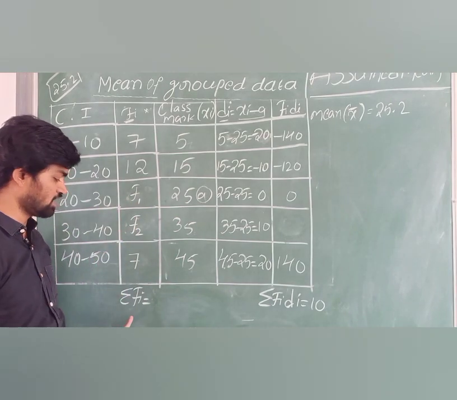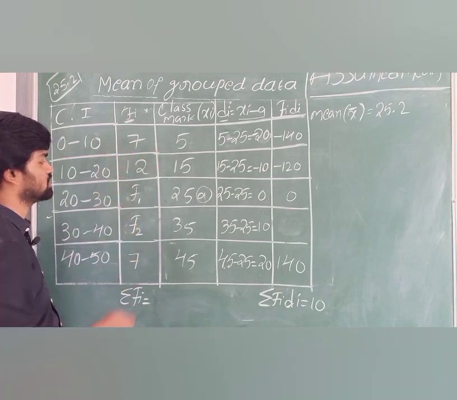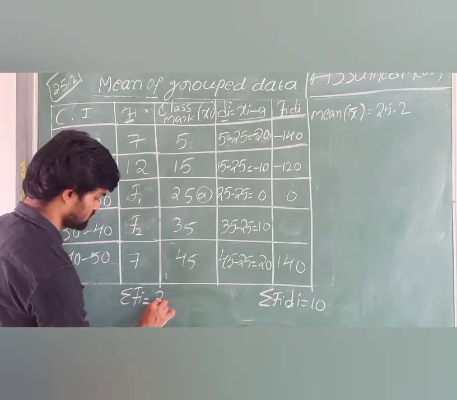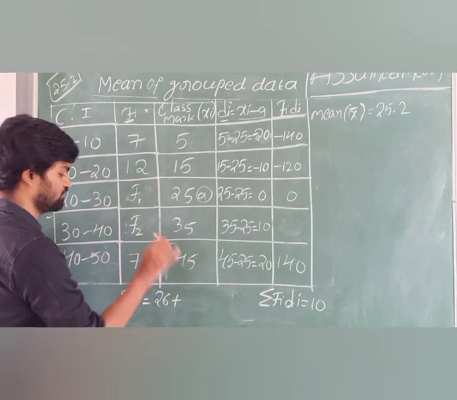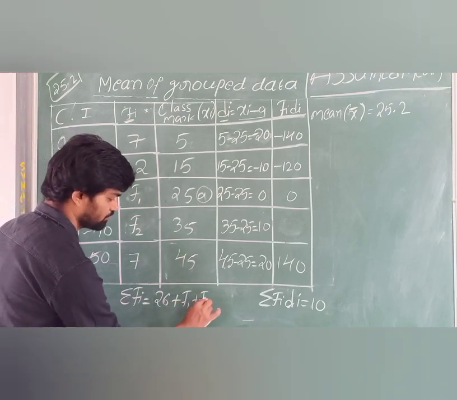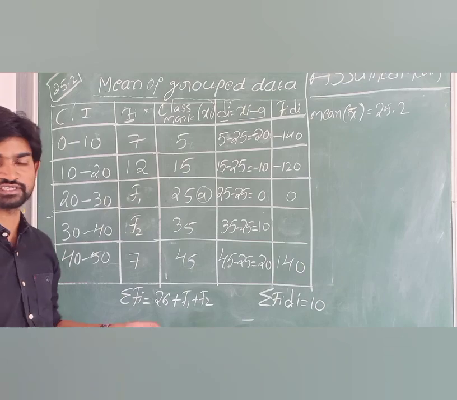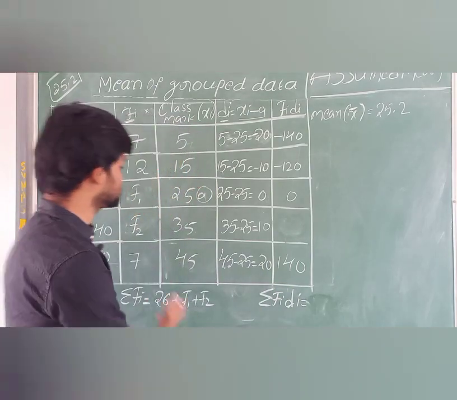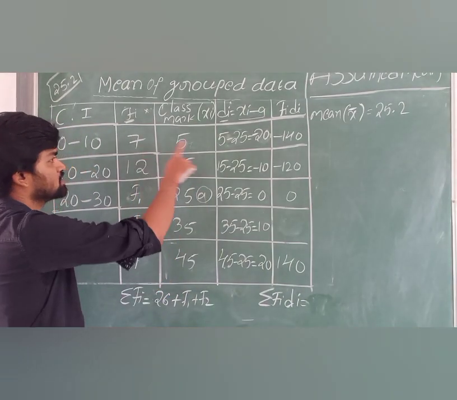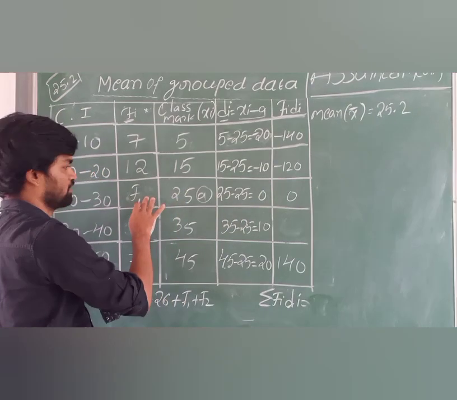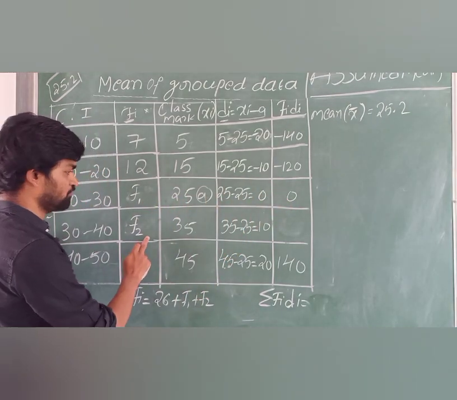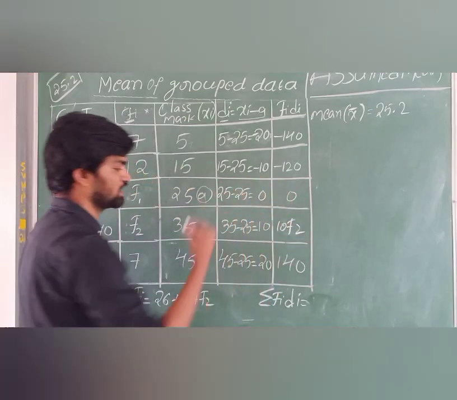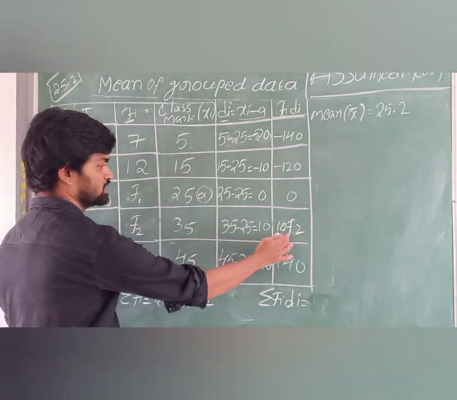Now, sigma fi value is how much? 11 plus 12 is 19. 19 plus 7 is 26. So 26, plus we have f1 and f2 also. So f1 plus f2. In place of f1 and f2 he may give x and y also, right? Now let us see this. This whole process is the same. Next, see where we have f1: f1 into 0 is 0. f2 into 10 is 10f2.